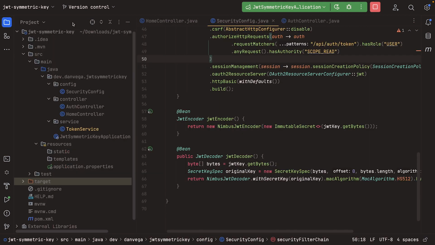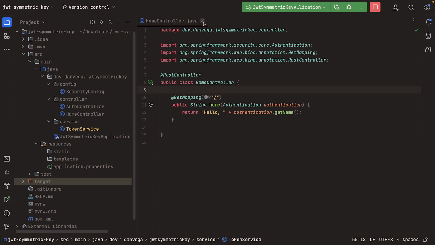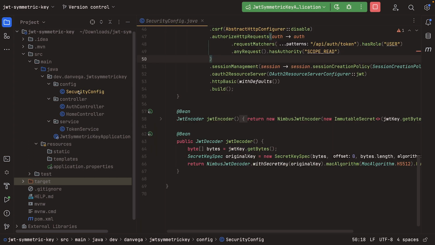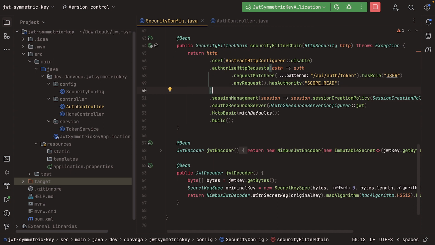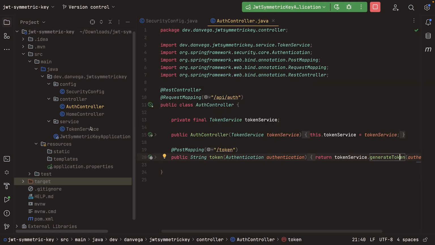Let's just double check everything we have. So let's talk through this. We have our security config. We have a home controller. So if we access localhost 8080 when this starts up, we should get it unauthorized. We have another controller endpoint that allows us to get a token, but we can't get a token unless we pass in some basic auth parameters, because that's what we're using here. Once we do that, we should get back a JWT token because we are generating that using the token service,